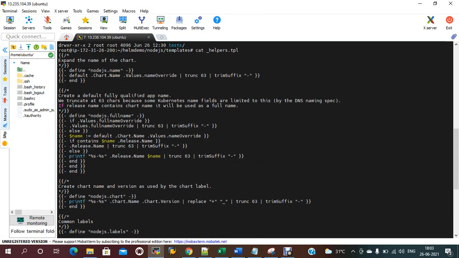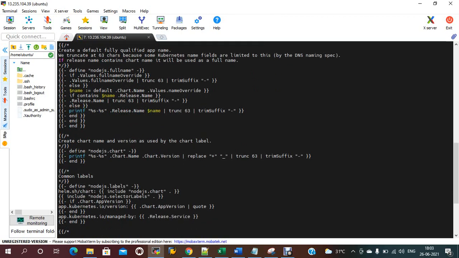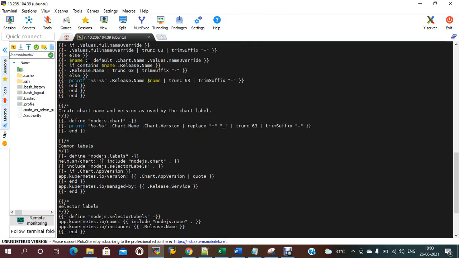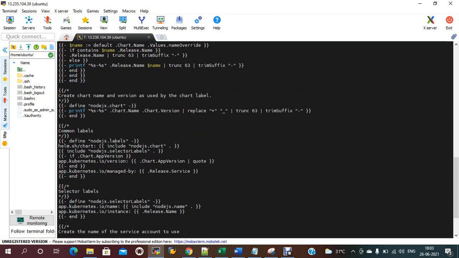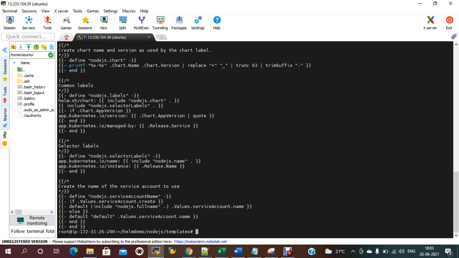All the information, chart name and versions are here. You can check the labels information, chart data, app version, release version, everything should be there.